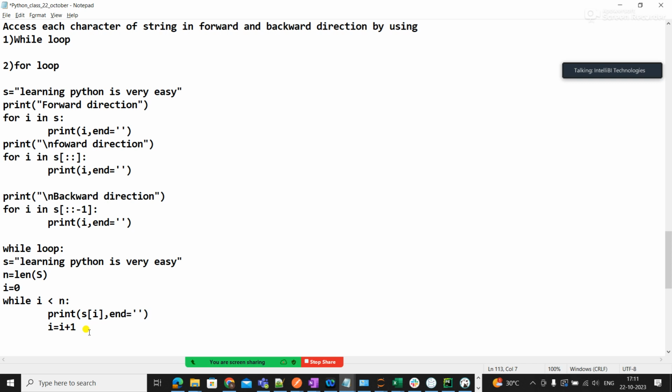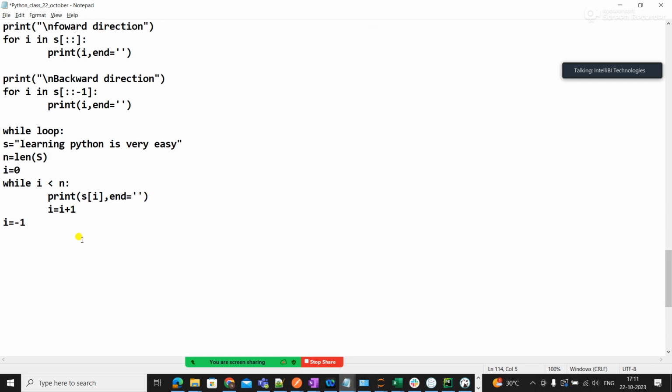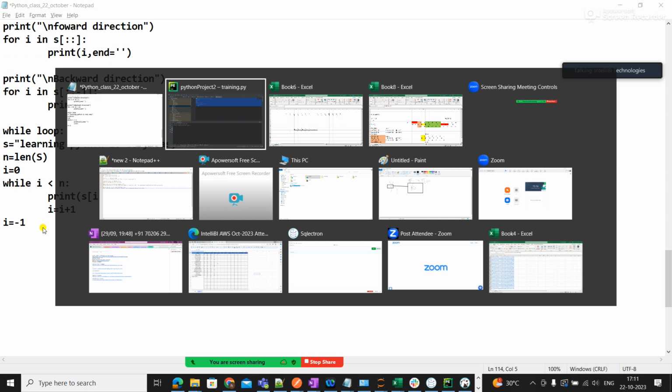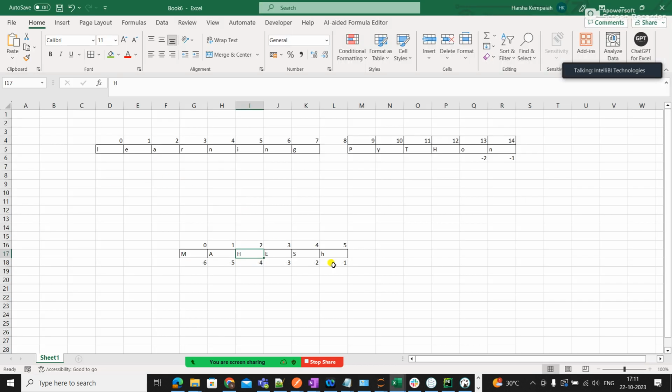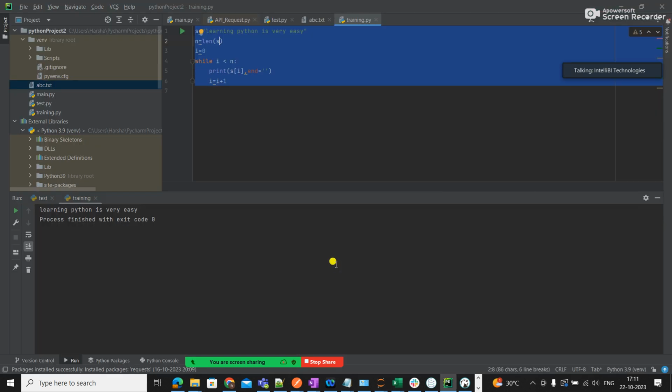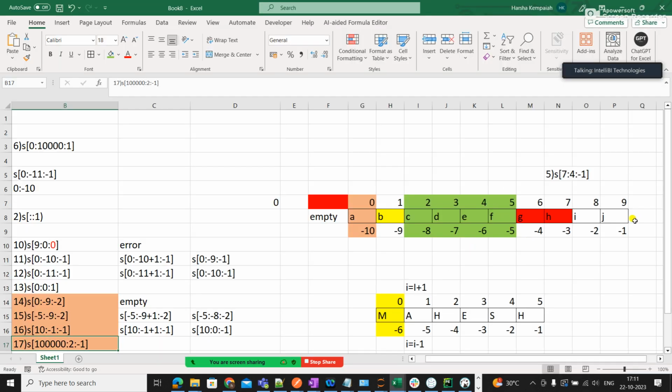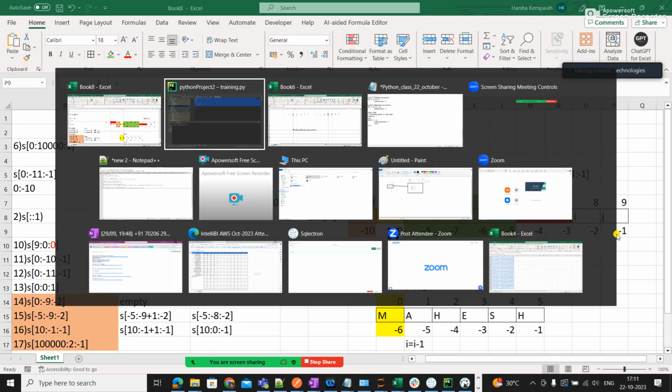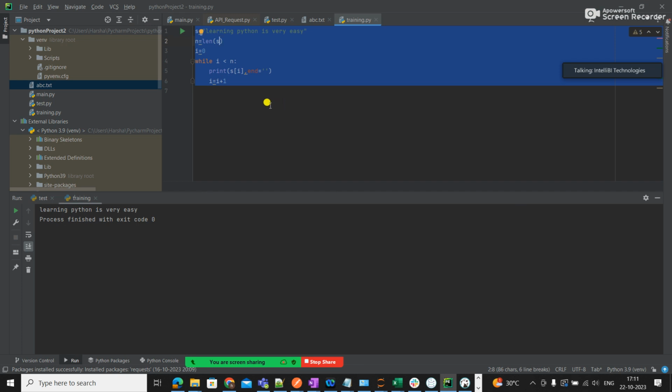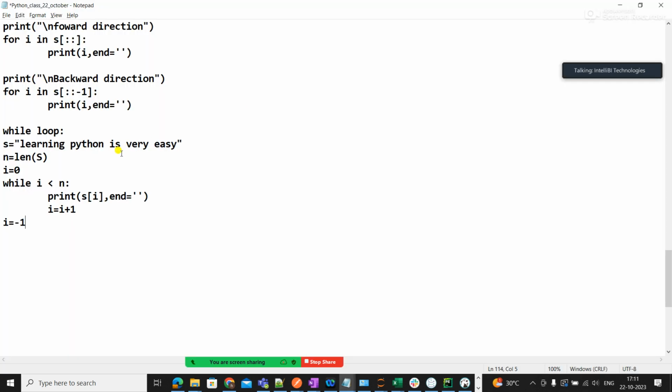For negative I'll use one more while loop, but you should understand. I will take i equal to -1. Now you will understand why I taught you that so strongly. You know, negative will start with -1. You know, see all the things whatever I have done, even from today beginning I started -1. That's why I am taking -1. Next, while